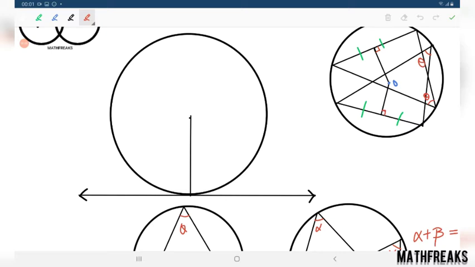This is a tangent. What is a tangent? A tangent is a line that cuts a circle exactly at a single point. And this is the radius of the circle. This is the center. The radius drawn to that point of contact of the tangent with the circle is always perpendicular to the tangent. This is very useful. This is tangent.